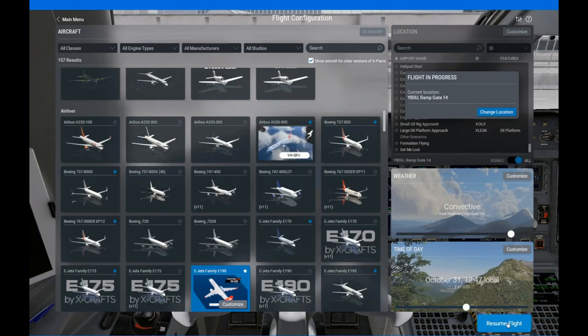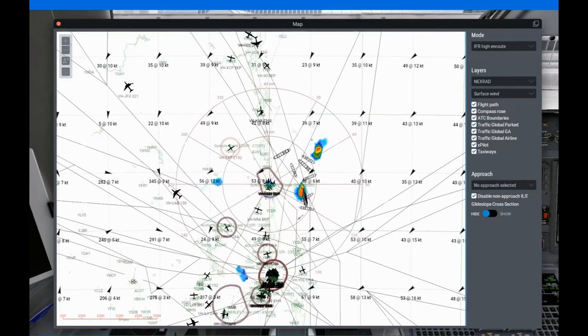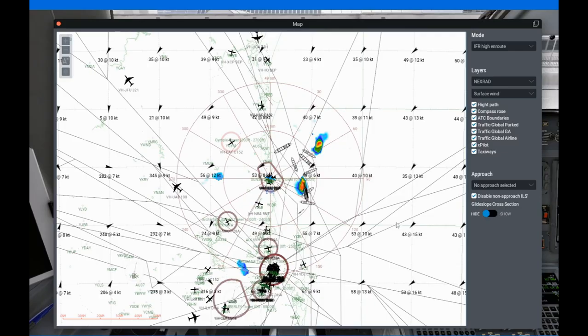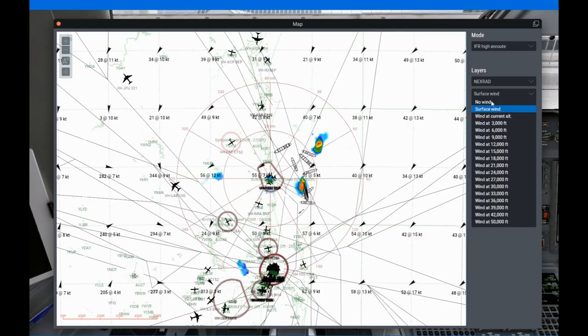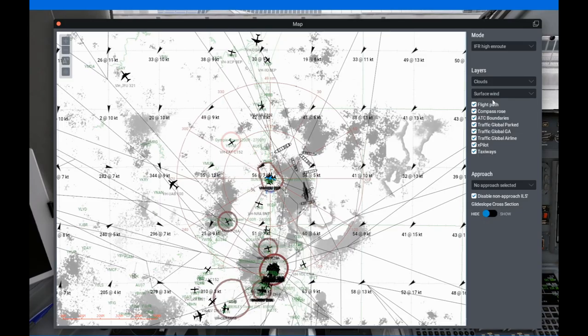Or if you hit M, which is your default map, it brings you up with some weather options as well. See, it's showing you the direction of the surface wind, or you can have no wind or wind up to any height. And it also shows the clouds,